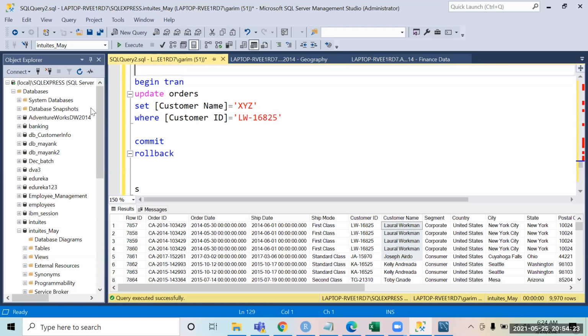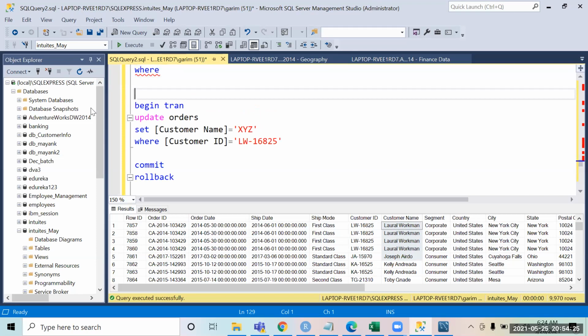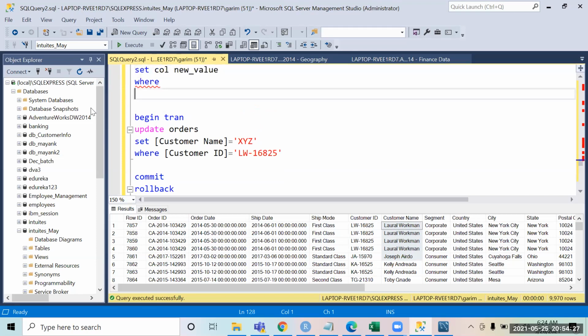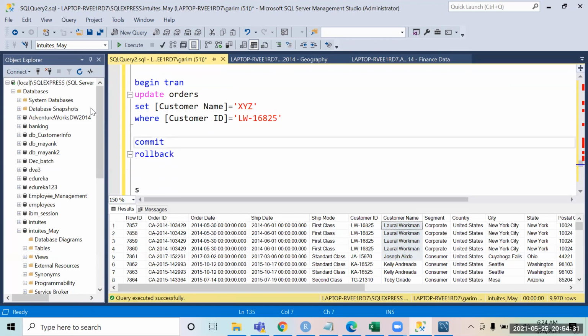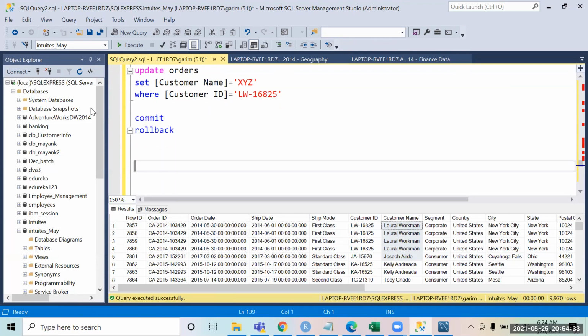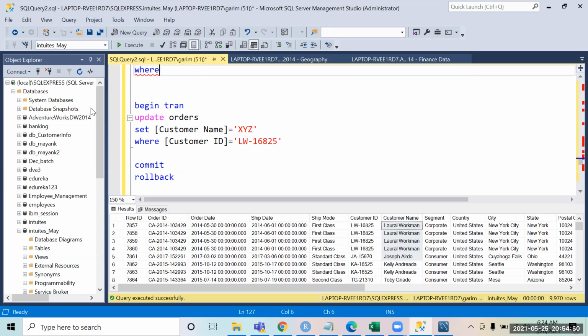Okay. So this is how we use the update command. Both the commands, when you use delete and update, the where clause plays an important role. If you miss the where, you can actually be in soup, because all the data will get deleted or updated. So please be careful with the where clause that you write. Otherwise, the syntax remains the same.